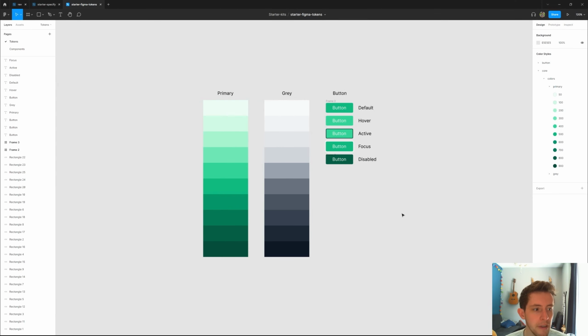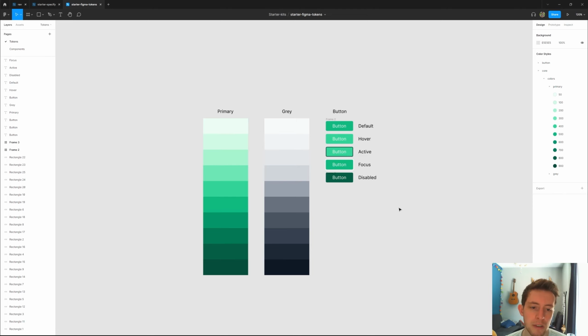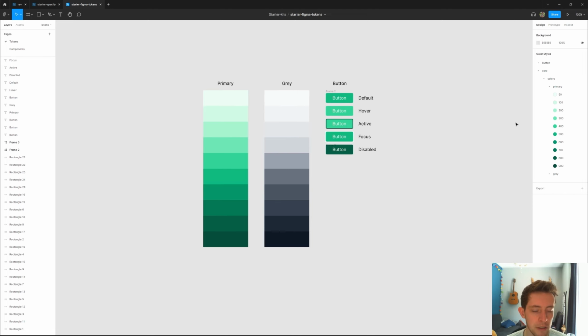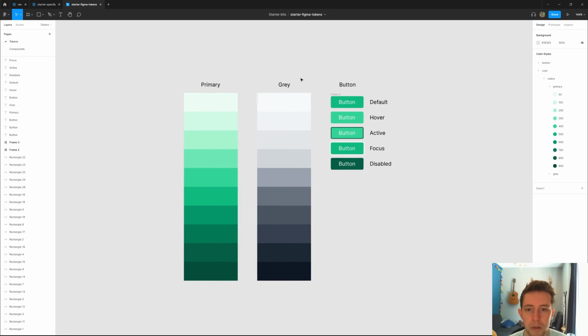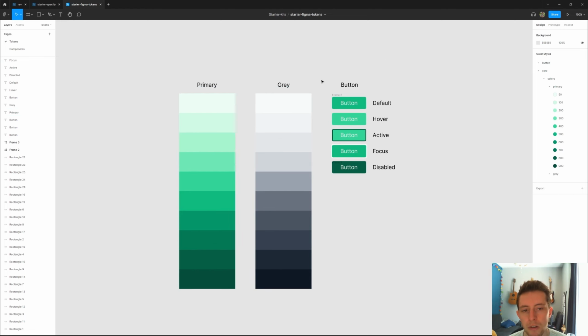Hello, good afternoon. So today I'm gonna show an integration with Backlight and Figma Tokens plugin. I'm gonna start with this design system in Figma. It's a very simple one. It just has primary and gray colors, and it has a button component with a couple of states. And we're gonna go ahead and set this up in Backlight, and we're gonna connect it to Figma